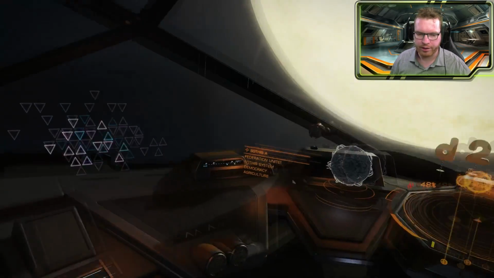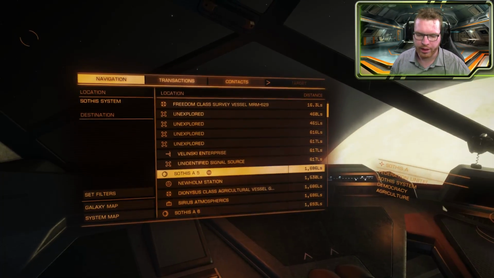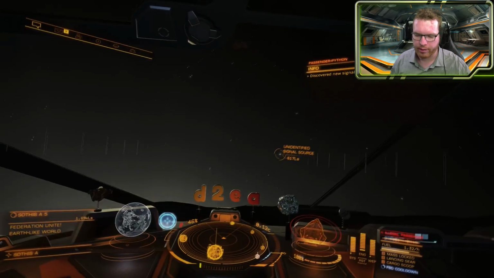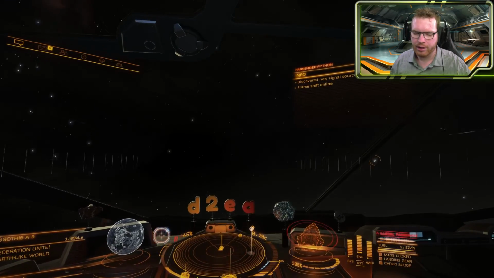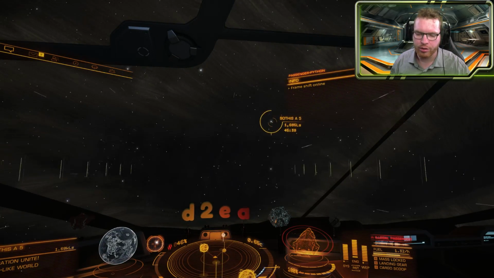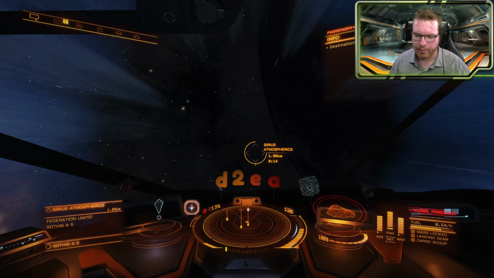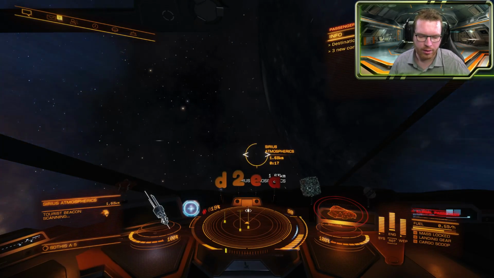And as soon as we are in system, we're going to head either towards Planet 5 or New Holm Station. It's really up to you, but head in that general direction. You might not be able to see Sirius atmospheric just yet, but when you get within 1,000 light seconds, you will be. Once we are at Sirius atmospheric, we're going to drop in, going to target the beacon,